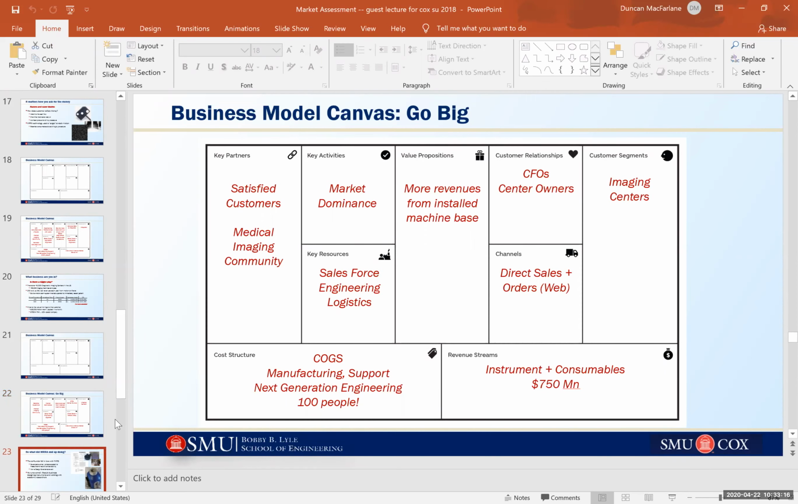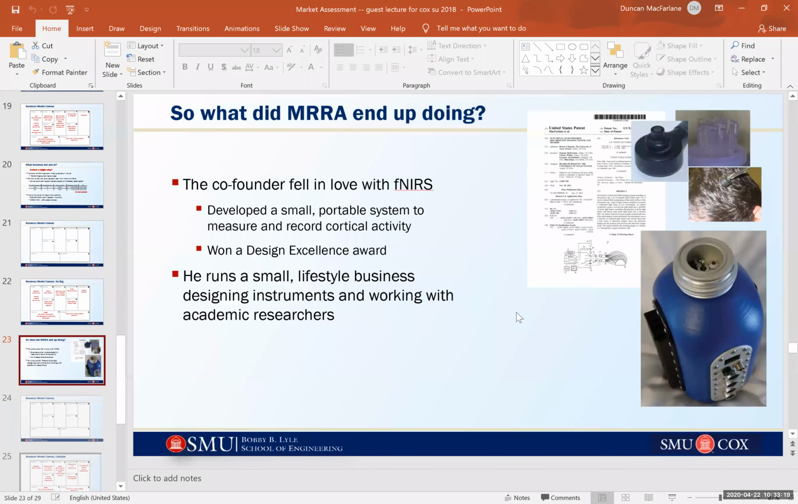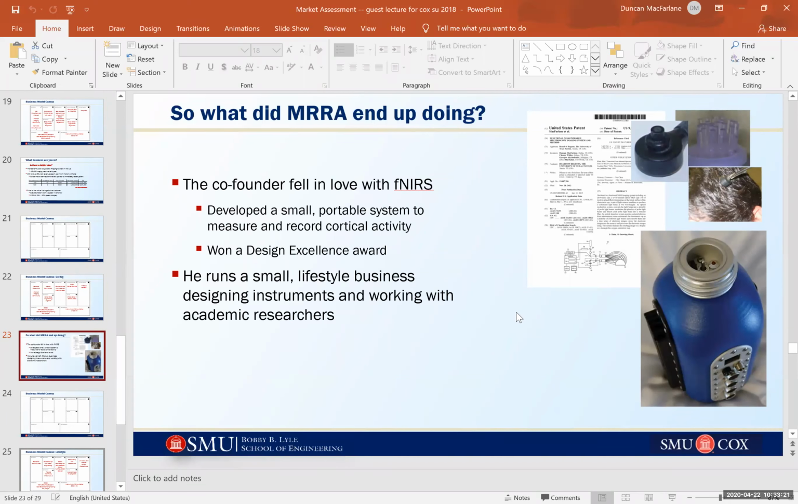All right, so what did MRRA end up doing? What did my graduate student who licensed the patents and started down this path end up doing? So now we have very much a lifestyle kind of business. We have a personal choice. Did this person want to manage a company with 6 to 12 people? Did this person want to maybe be a member of the leadership team, but not at the top of a 100-person company? And it turns out that this guy